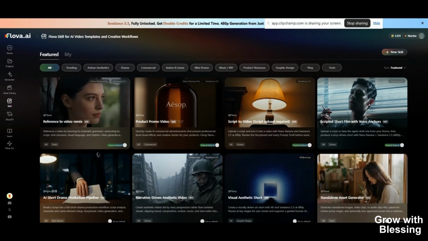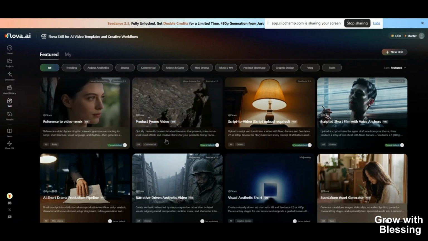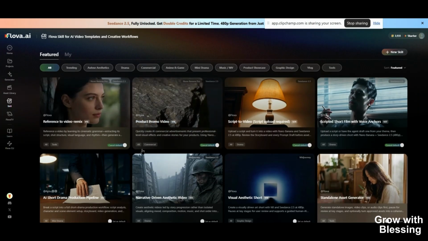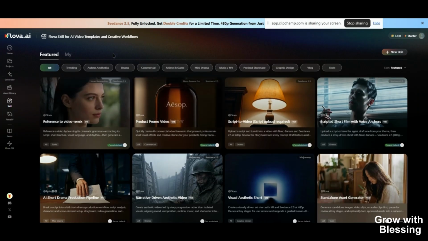Now what? A skill isn't just a template, it is a reusable production workflow that preserves things like the creative structure, like what I have done before. I have preserved my creative structure that it has given me before and my own structure, and I preserve it for reference purposes. It has model setup and production process. Do you understand? So if you don't want to start from scratch, you can just take any of the skills